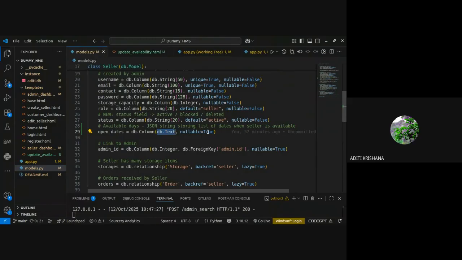And I have given nullable equals true, because when the admin creates the seller's profile, he will not be giving these open dates. Just a minute, I will show you.